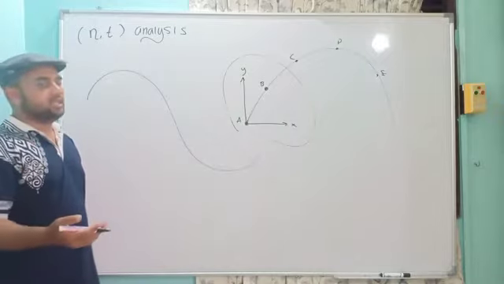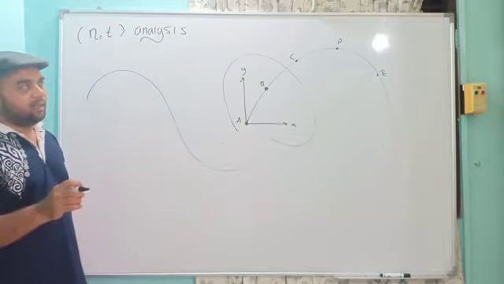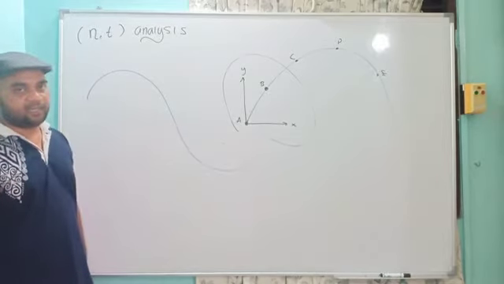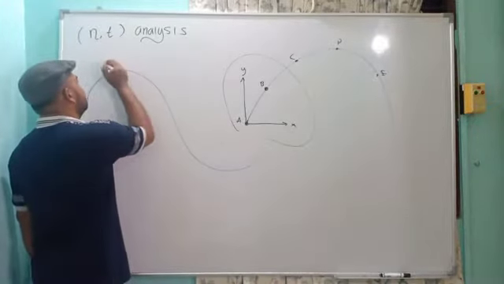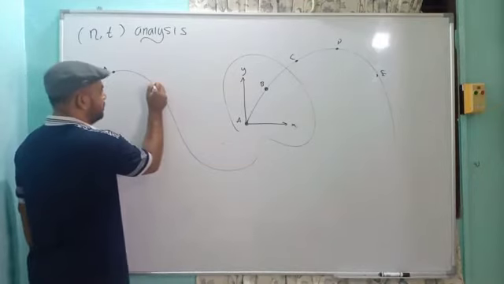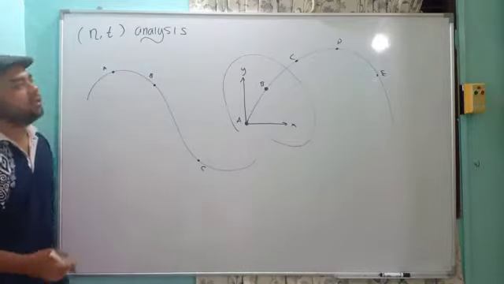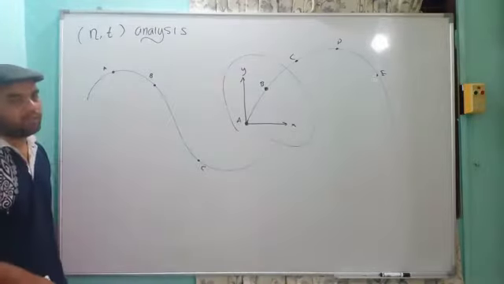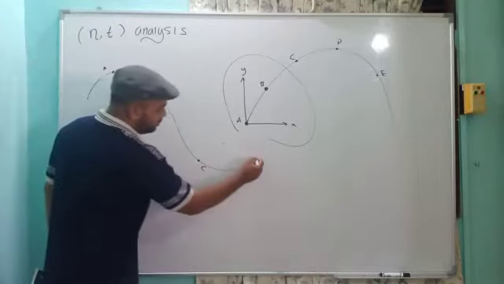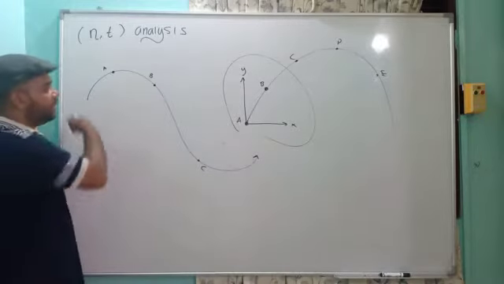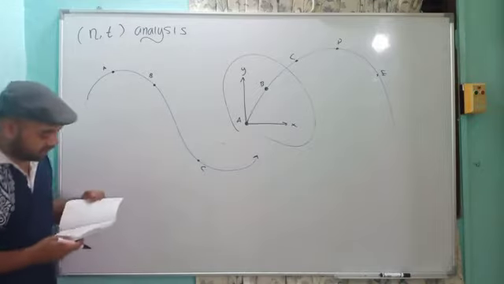It's not changing. But for the NT axis, the axis changes as the position of the particle changes. Let's say I have this first position A, then B, and C. If the particle moves from A to B to C and so on in this direction, we will have a different axis for each and every position. And what does the book say?